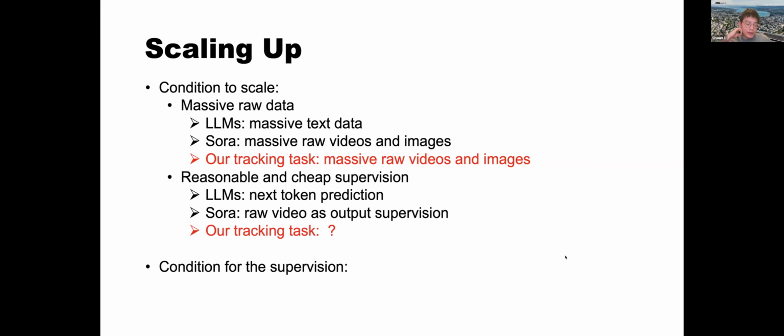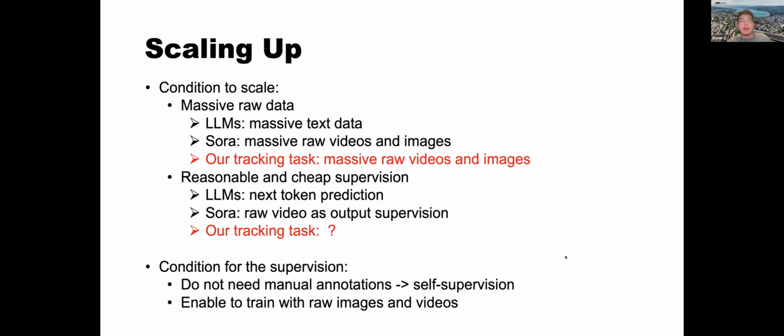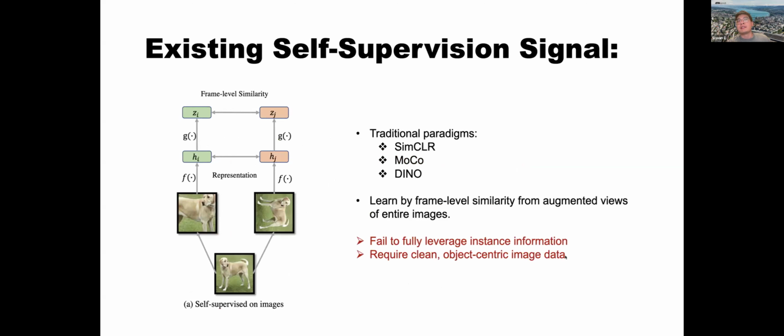So if we cannot annotate all the tracking supervisions manually, how can we scale it up? We need to think of some other supervision signals, for example, self-supervision. Also, with self-supervision, we should be able to train with raw images or videos. And the most important thing is that we can get this great generalization ability as a result of scaling up. So let's first revisit some self-supervision signals